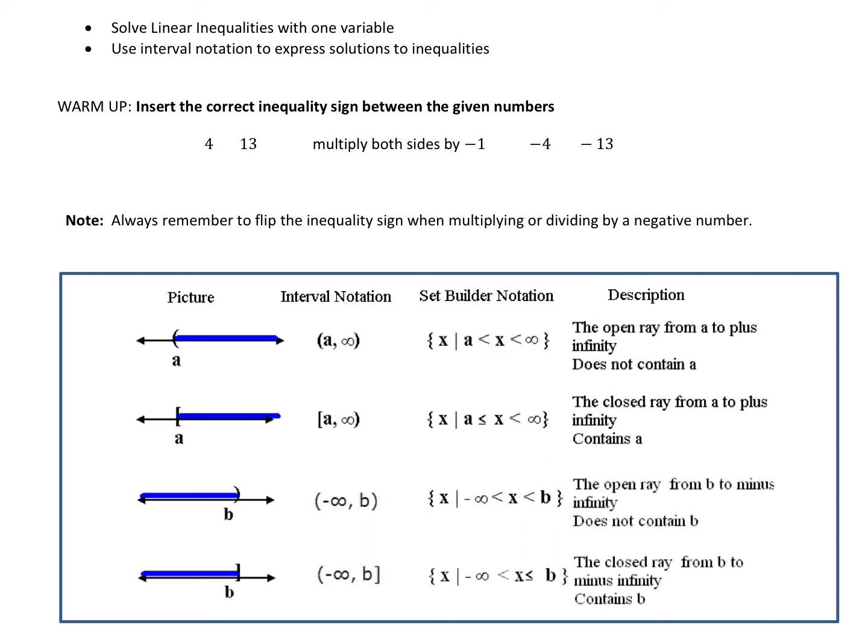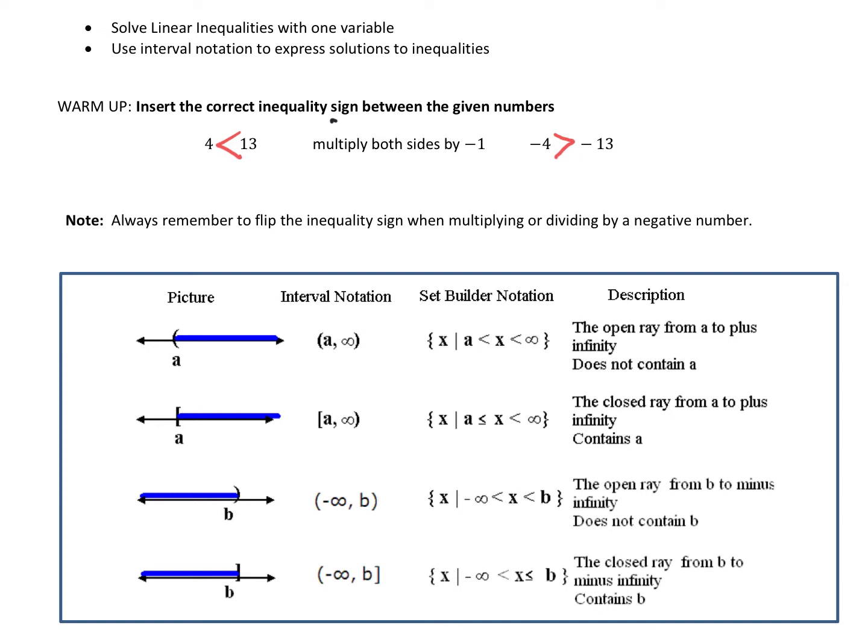So as a warm-up, let's insert the correct inequality sign between the given numbers. In this particular case, 4 and 13, 13 is bigger, and remember that when we put our inequality symbol, the bigger part is open to the bigger number. So 4 is less than 13. Notice that if we multiply both sides by -1, we now have -4, which is greater than -13. So always remember that when we multiply or divide by a negative number, we're going to have to switch the